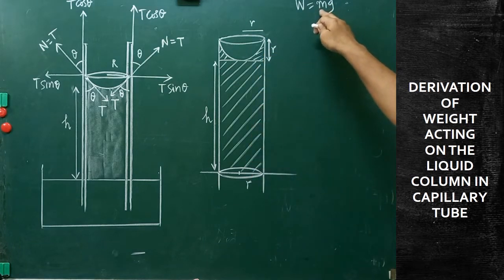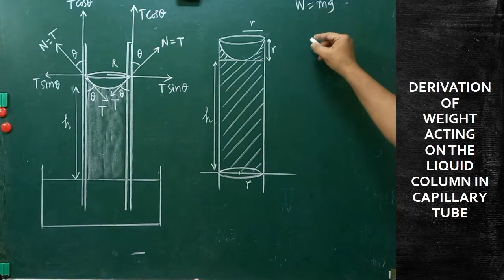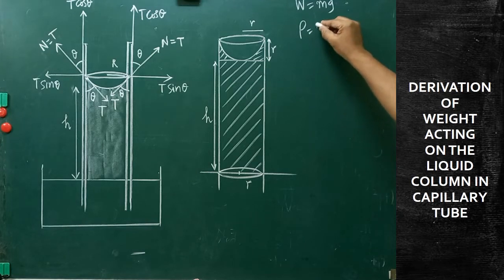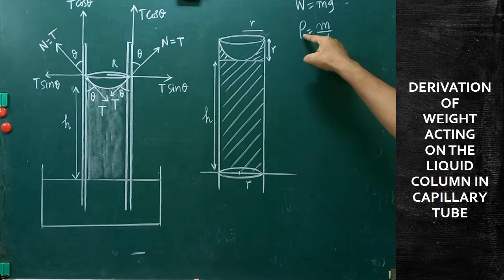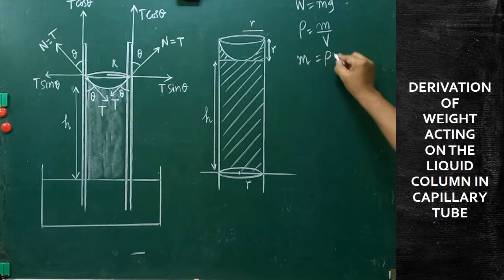To calculate the mass of this portion of water, what is required? Here we have to take the fundamental formula called rho. Rho is equal to density. Density is equal to mass per volume. To substitute m, we require the density formula. Rho is equal to m by v. Now from this formula, we are able to obtain the formula m is equal to rho into v.